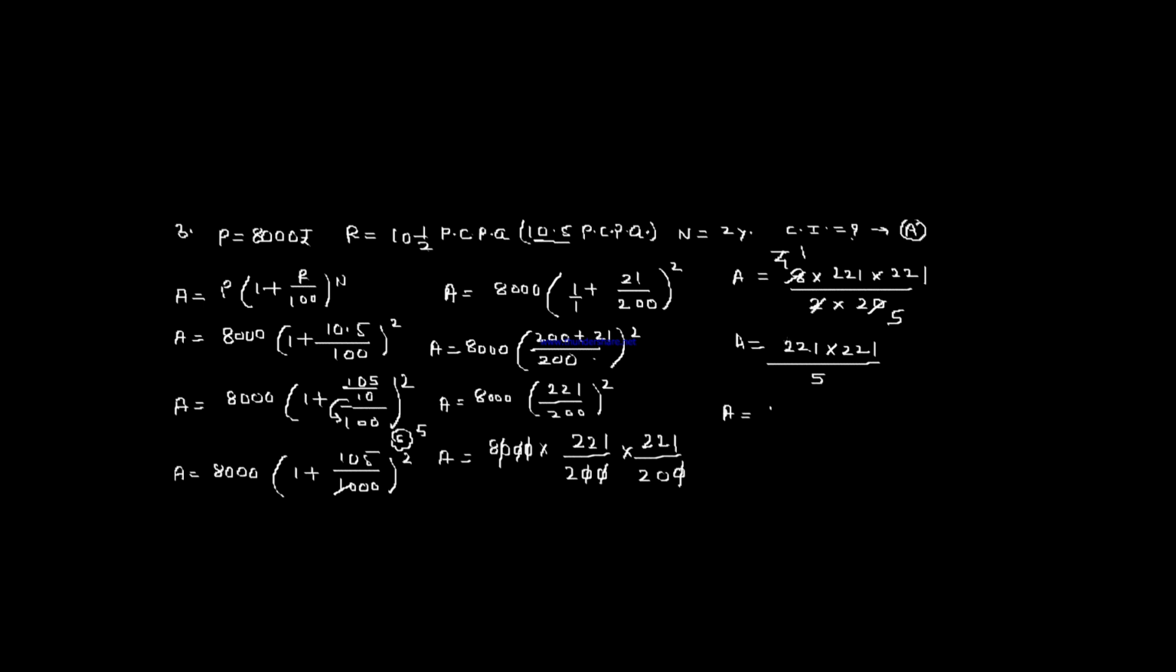So after multiplication of this numerator part, I am having here 48,841 divided by 5, and after division I will get here 9768.2 rupees. Okay, so this is the final amount